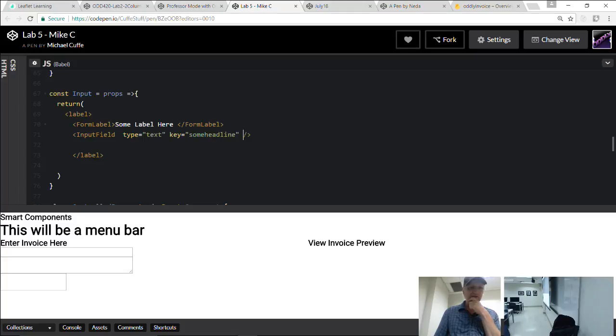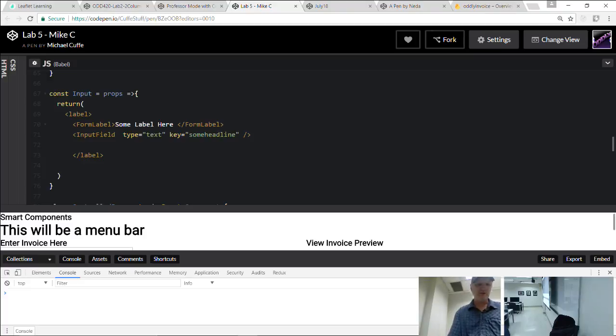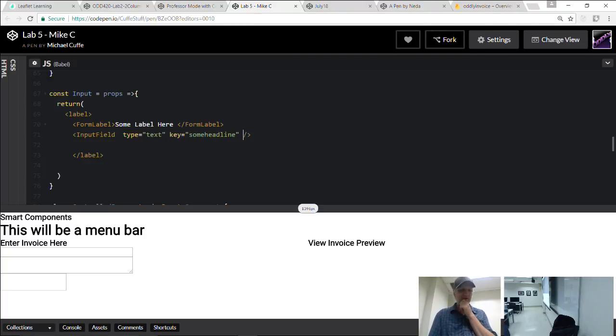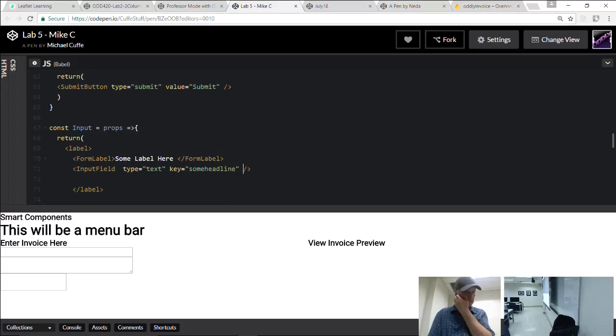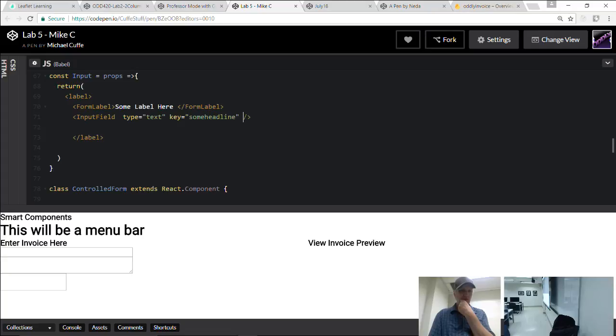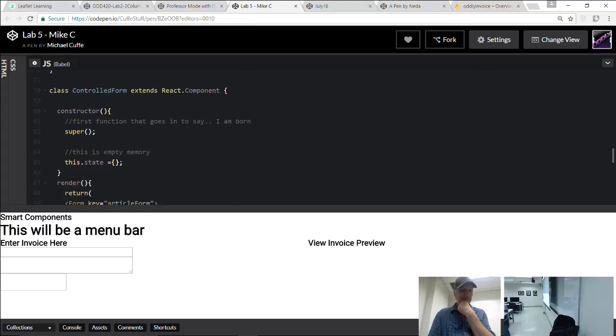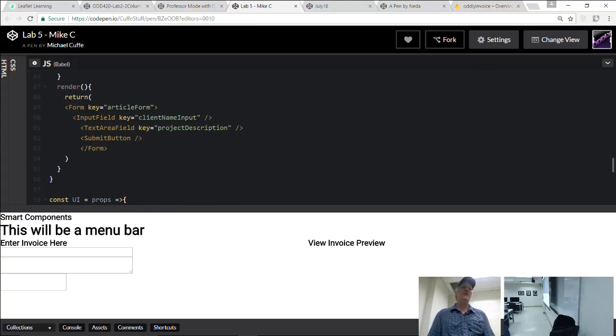What are we missing here? Let's check the console. Anything? Nothing in the console. Did you put input somewhere afterwards, after we built that? No, I didn't put it anywhere afterwards. Oh, okay, I see. So then that means we can just turn that into an input, and then also this submit button can now just be submit.